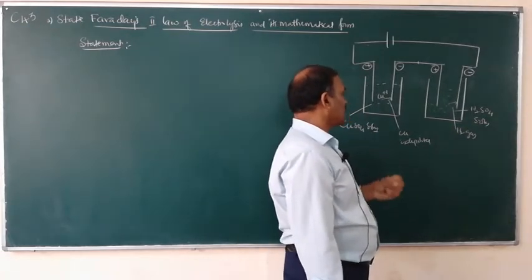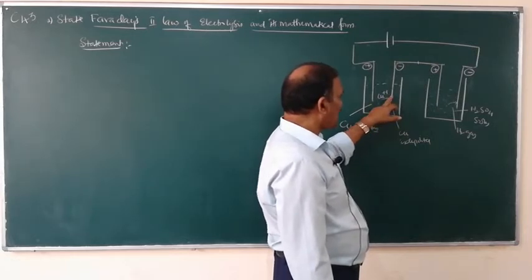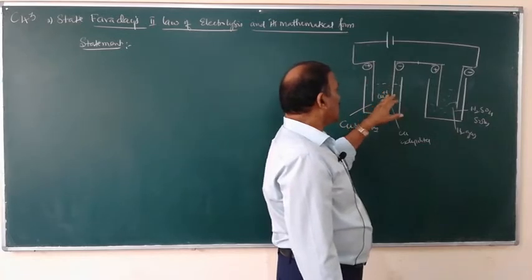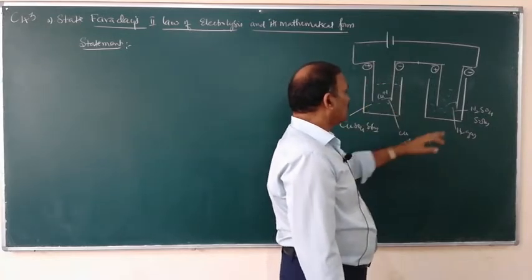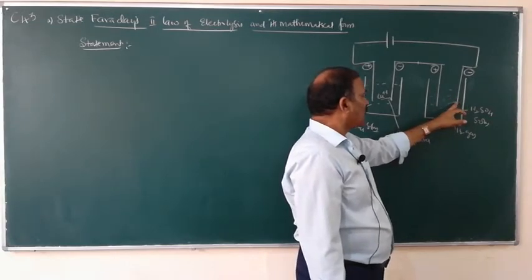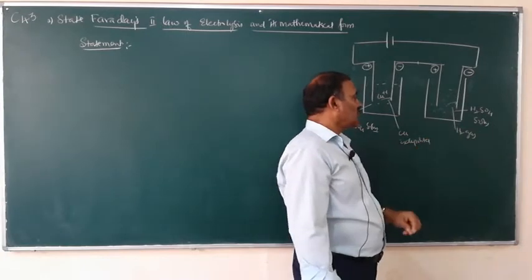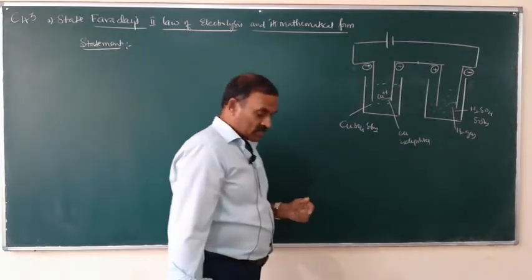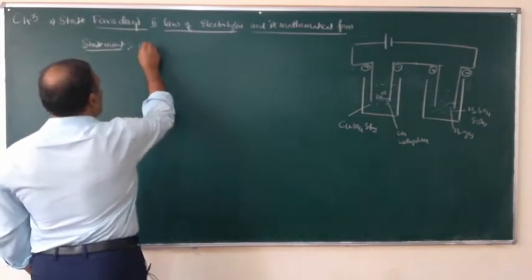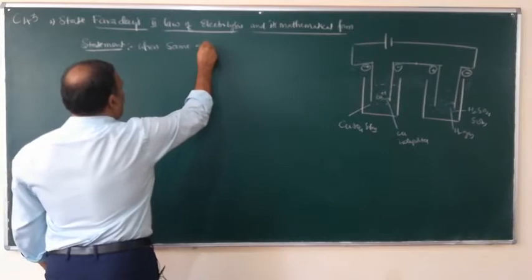So this is the definition. The amount of copper deposited at this cathode is directly proportional to the equivalent mass of copper. The amount of hydrogen gas liberated at this electrode is directly proportional to the equivalent weight of hydrogen. So that is the statement. What is the statement? When same quantity of